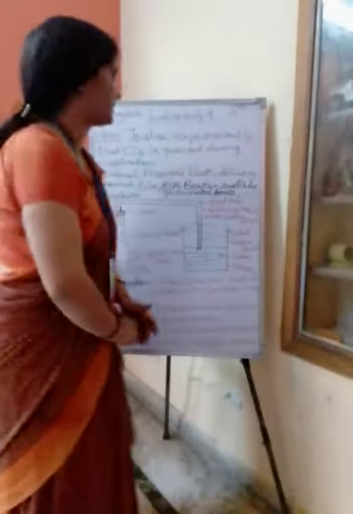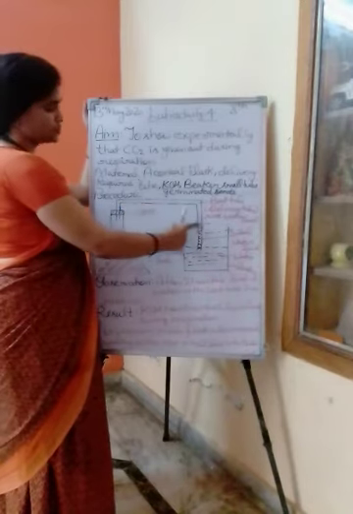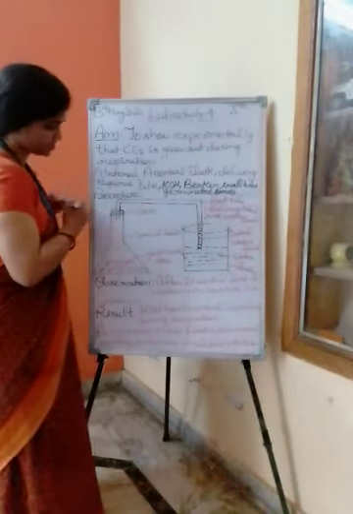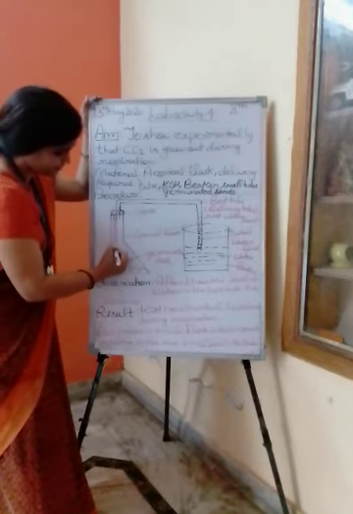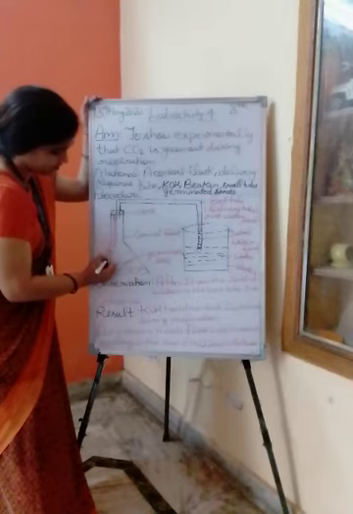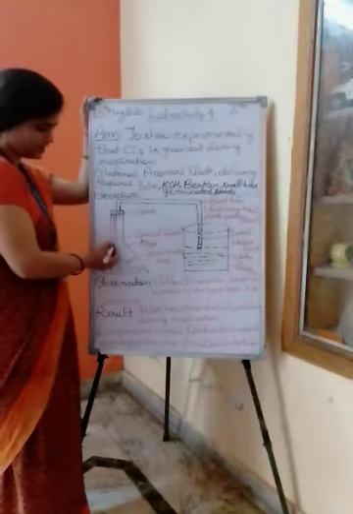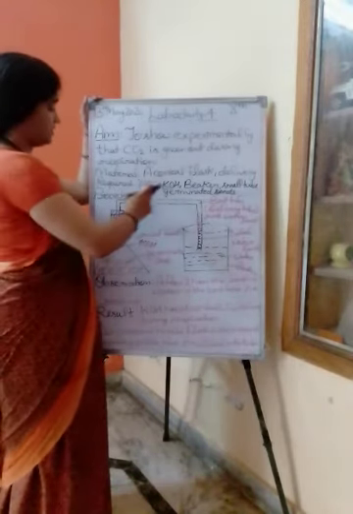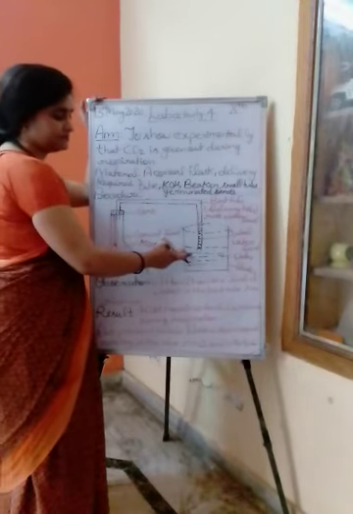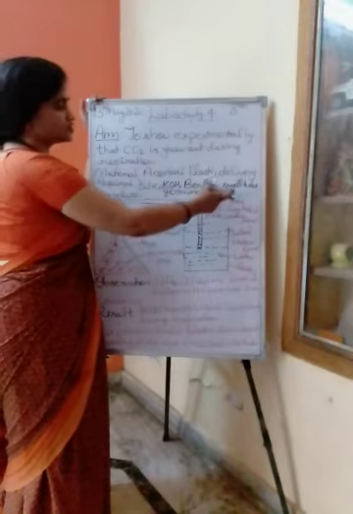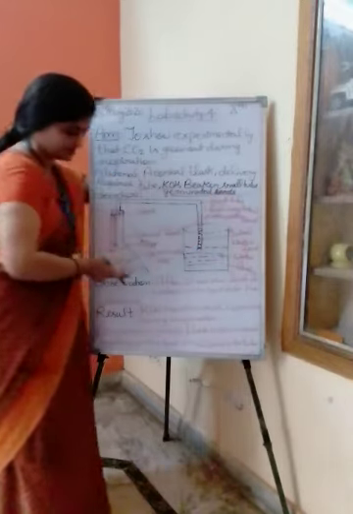Now, what are the material requirements for this activity? Look at the blackboard. Conical flask, delivery tube, U-shaped, KOH. We will hang a small tube-like structure and put in the KOH, potassium hydroxide. That is a very important material for this experiment. Also a beaker with water, a small tube, and, very important, germinated seeds.